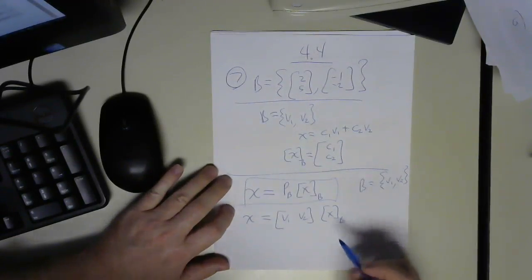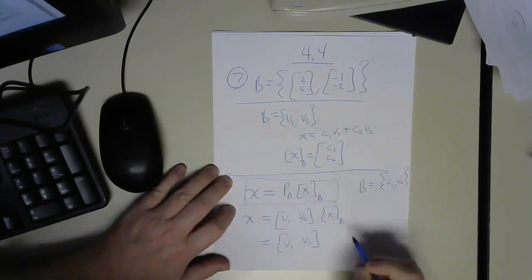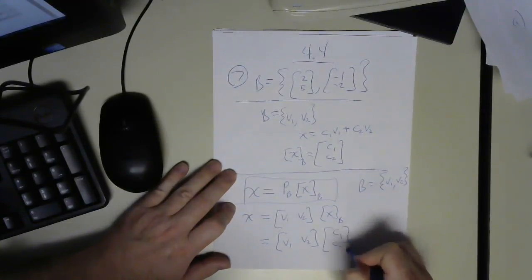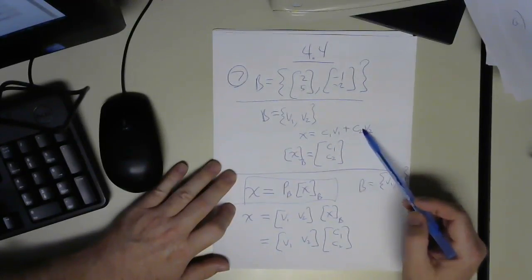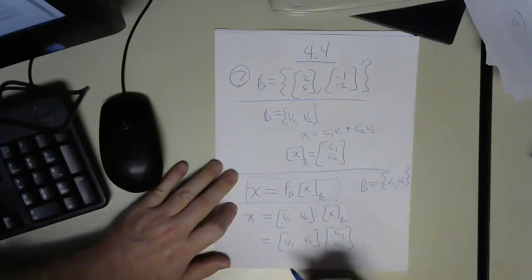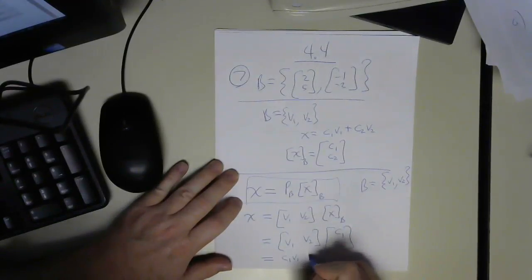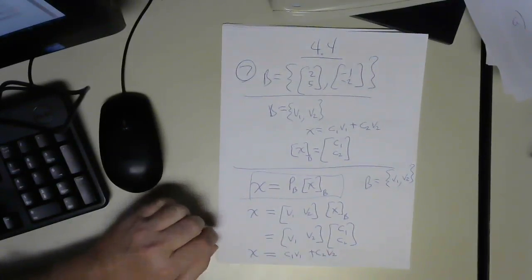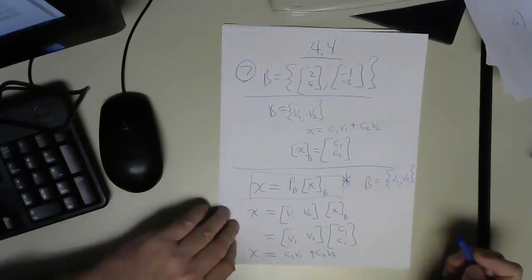Because, you know, for example, this coordinate vector of x with respect to basis B might be C1, C2. And remember, the coordinate vector, the elements are just the coefficients of the basis elements, okay? So notice that if you actually multiply these two guys together, and these are column vectors, you're still going to end up with C1 V1 plus C2 V2. And that is the original representation of vector x, okay? So this is kind of the key equation that you use in number 6,